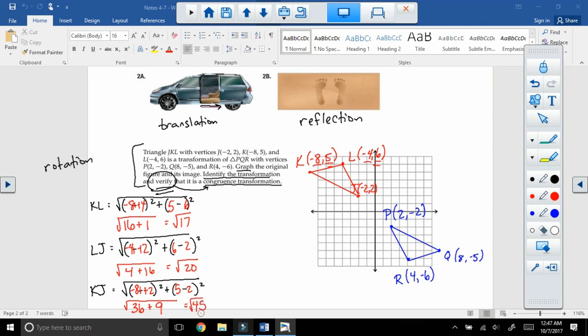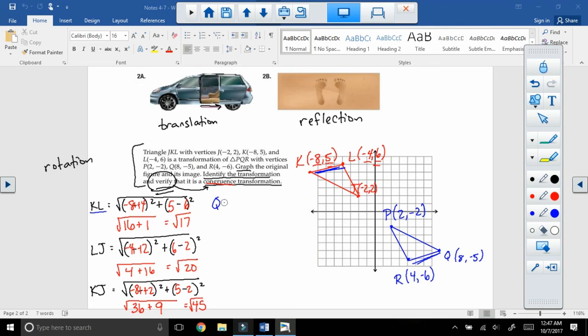I could come up with decimal approximations for those, but it's not going to be necessary. I really just want to be showing that these are congruent, and you have to be writing that out to actually verify it. The one that it looks like it's going to be the same length as KL looks like that one's going to be